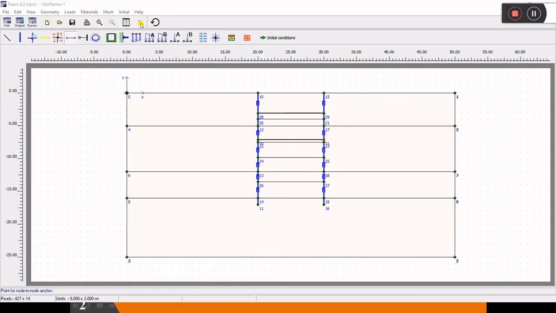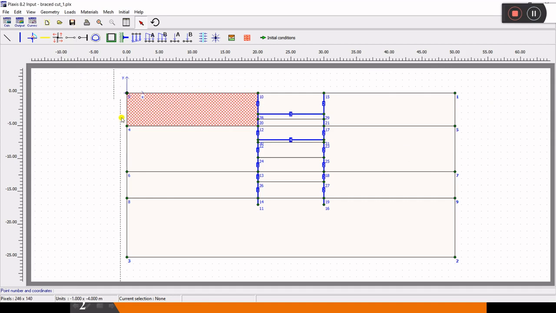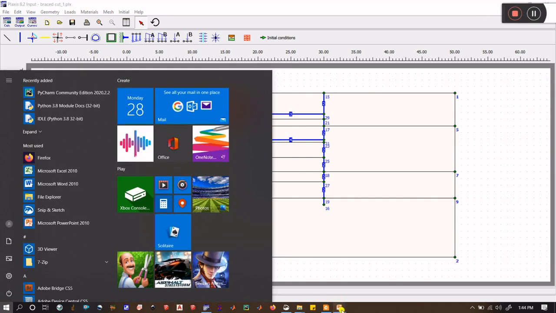So how can we change it? Take this cursor and select the element which you want to delete, and then just click delete on your keyboard. You can also delete these nodes by selecting them, and then you have to create these anchors again. What you have to keep in mind is that after you start your project, you should subsequently click on the save button, otherwise sometimes Plaxis stops and your project will go in vain. We have created two struts till now, and other struts will also be created.